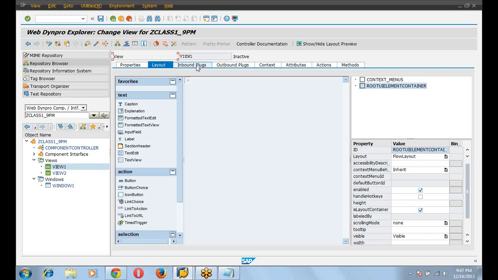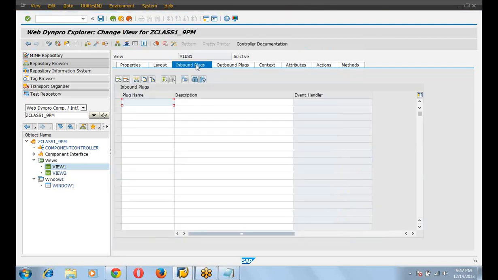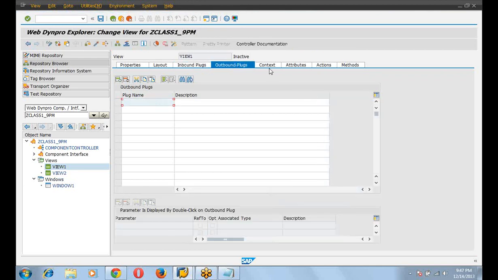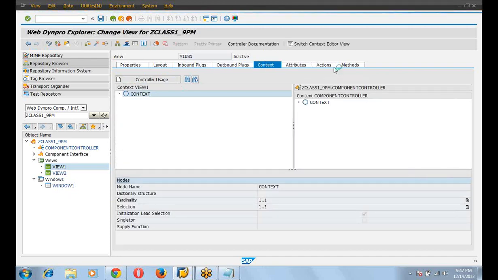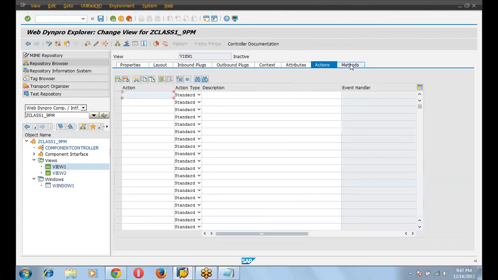When we create an inbound plug, we have to create it in this part. If we want to create an outbound plug, we have to create it here. In the context, for moving data from the component controller to the context, here will be the action according to the button, and here will be the different methods.